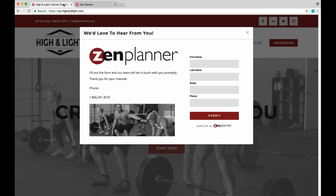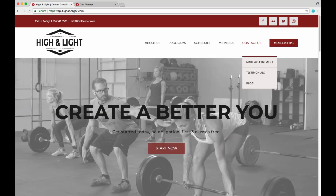And now we've been talking about what they should see when they get to your website. And what Carrie mentioned at first was all of your contact information, all of that. And then the lead capture widget is what's actually going to make them into trackable people. People who visit your website and don't take any sort of action, that's great. You're raising awareness about your website. But using the lead capture widget is what's going to get those people into your Zen Planner database and have